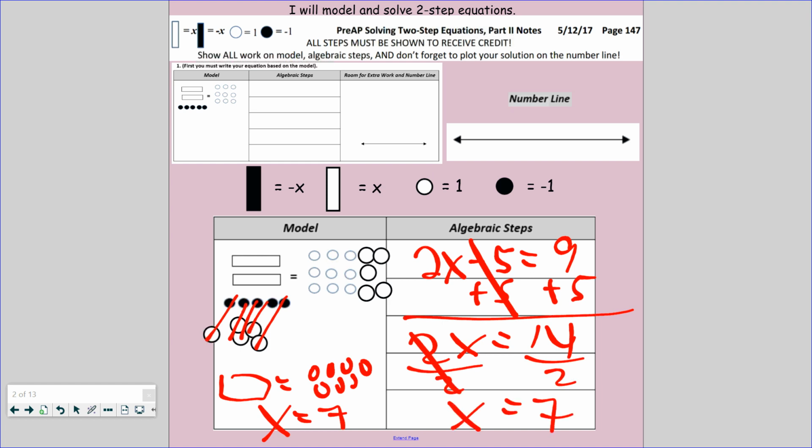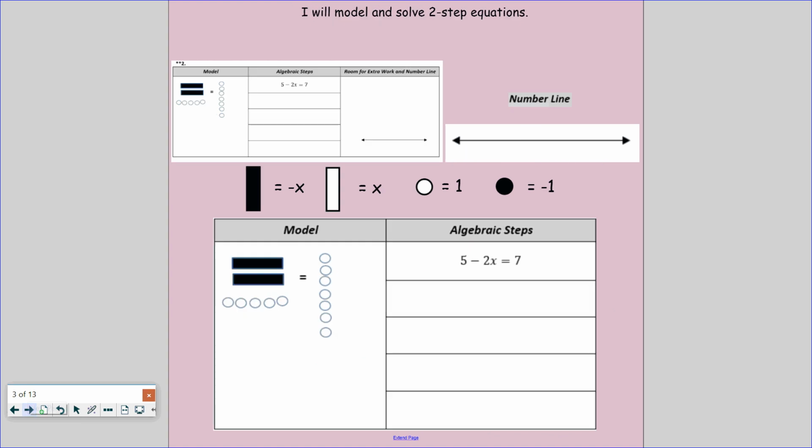Same thing on the number line, we have 7, 8, 9. So let's put 6 in this. Let's put 7 in the center. Let's put 2 integers to the right of it and 2 integers to the left of it. And 7 is equal to 7. So open dot or closed dot? It is a closed dot because it's equal to that. Next one. So in this model,